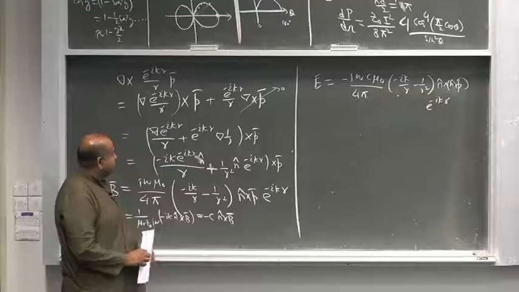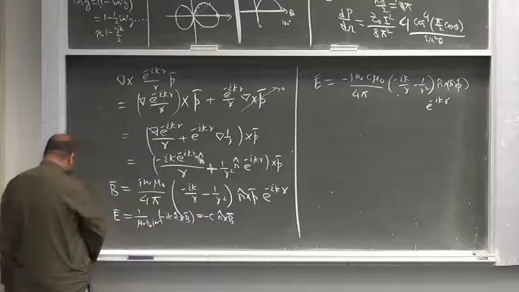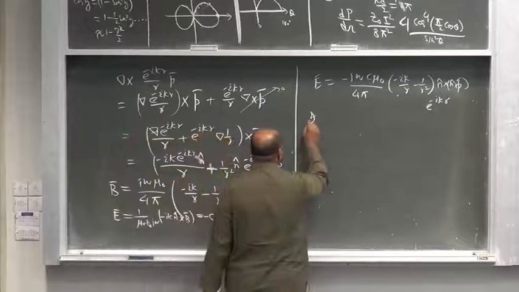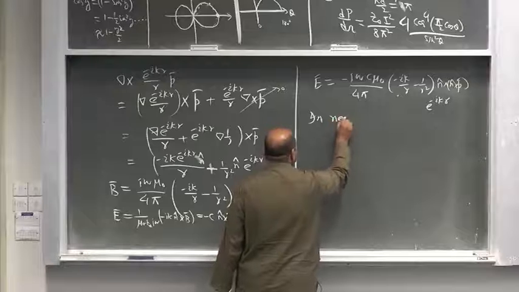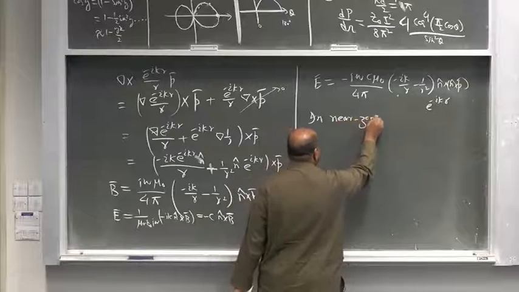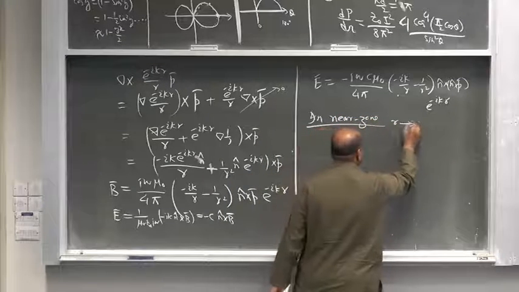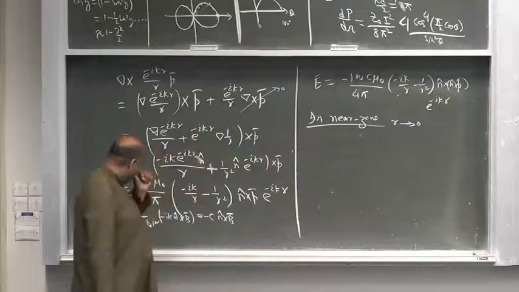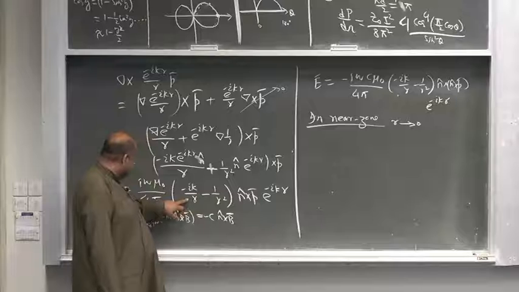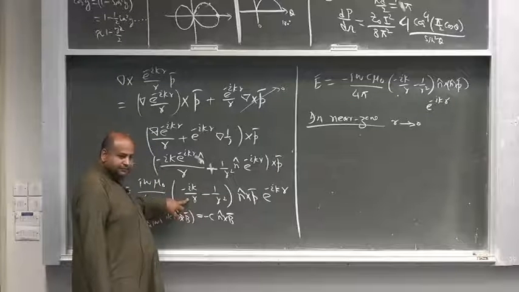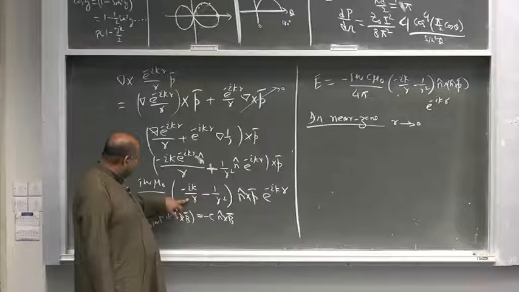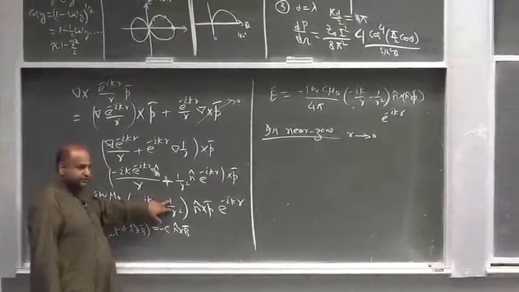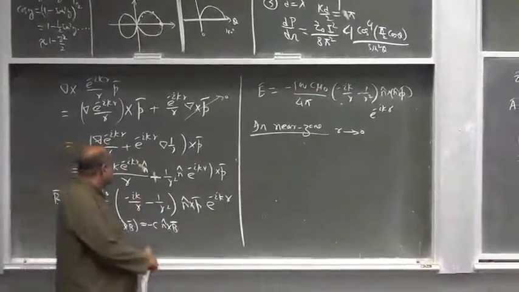So this is the electric field. Now, in the near zone, when R goes to 0, कौन सी टर्म डोमिनेट होगी, ये वाली या ये वाली? When R is small, which term is greater, this one or this one? This one, right? So B आ जाएगा आपका